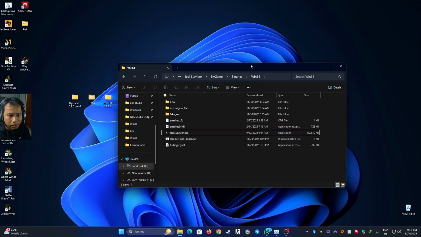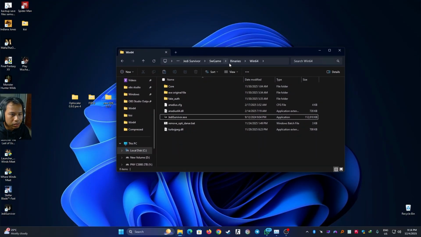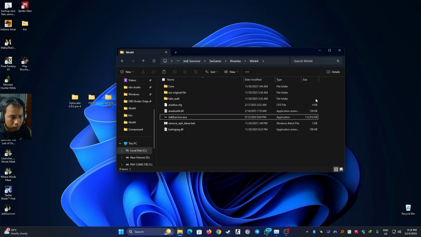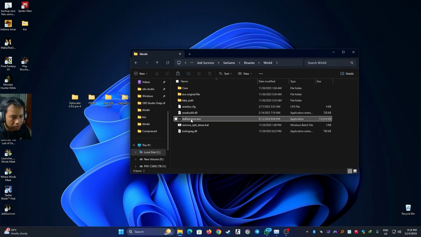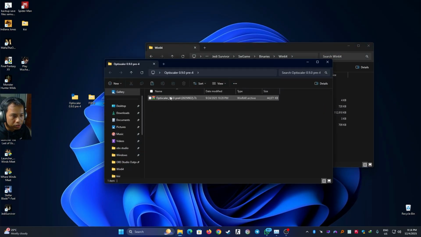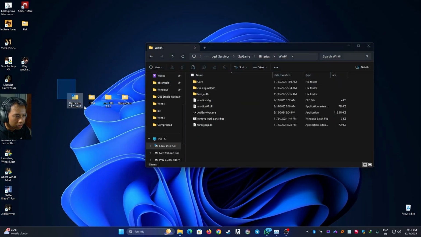First things first, you need to mod your driver, and when you're done, go to the local directory of the installation folder of Star Wars Jedi Survivor, depending on where you installed the game. Make sure you go to this Win64 folder, that is the actual folder with the Jedi Survivor.exe file, and we are now going to install OptiScaler. I'm going to use this version, and you get everything you need. These 4 folders or files are available in the description for the links to be downloaded.